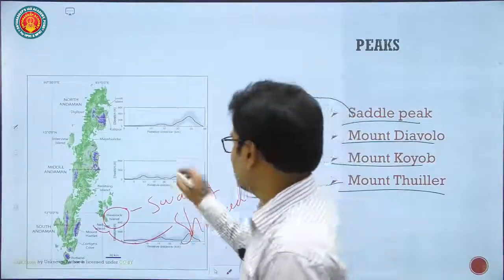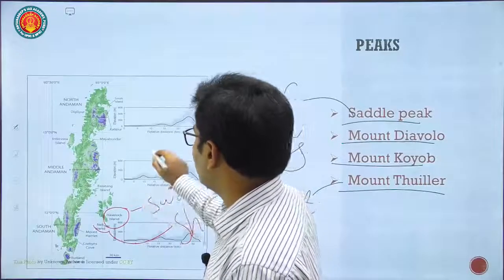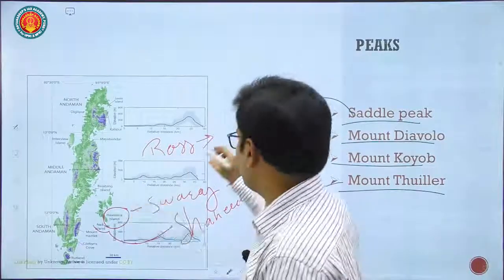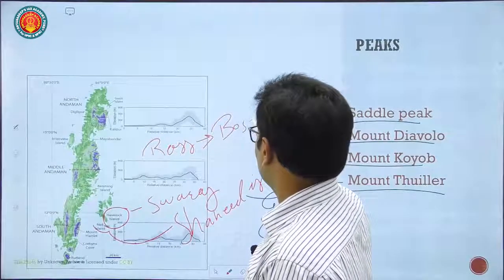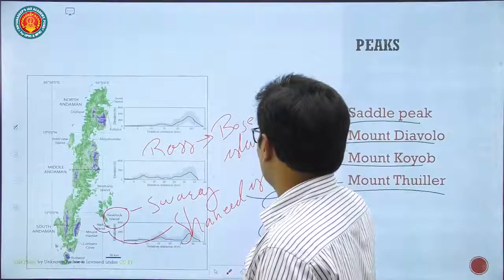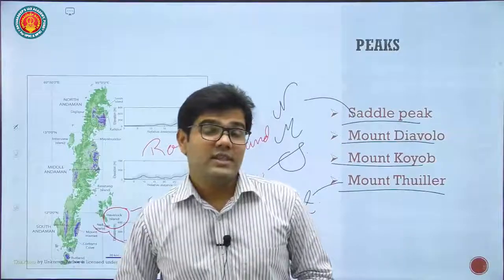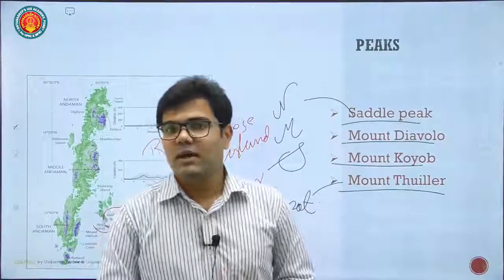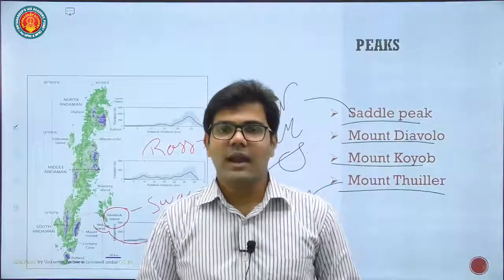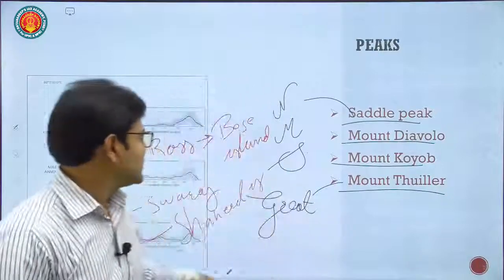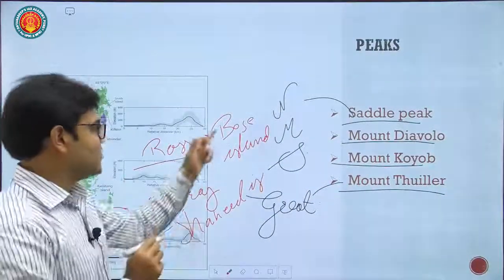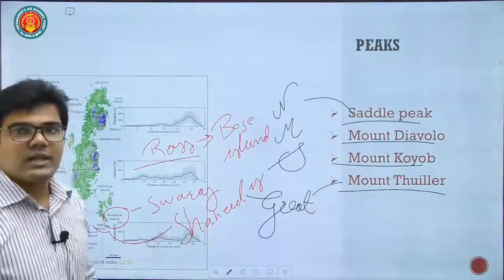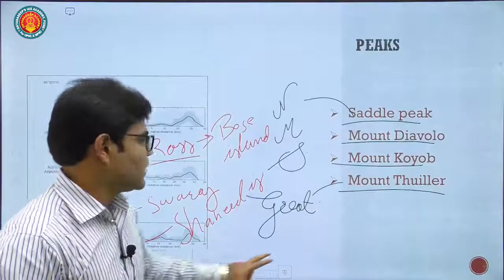And there is one more island called Ross Island. It's not present over here, but you can remember Ross Island, R-O-S-S. Ross Island is known as Bose Island. As you must know, in the Second World War, our freedom fighter Netaji Subhash Chandra Bose captured the Andaman and Nicobar and renamed these islands Shahid and Swaraj. So, considering that, we have renamed Ross Island as Bose Island, Havelock Island as Swaraj Island, and Neil Island as Shahid Island. Fine. This is the information you can remember.